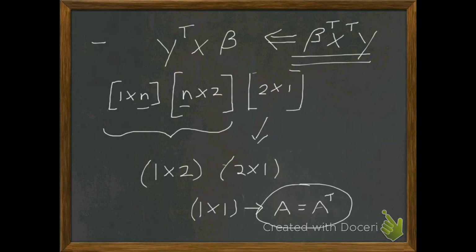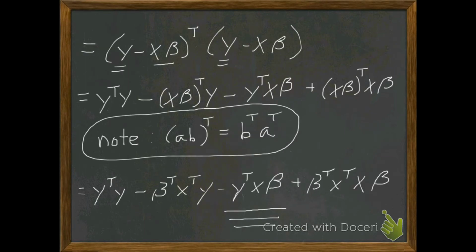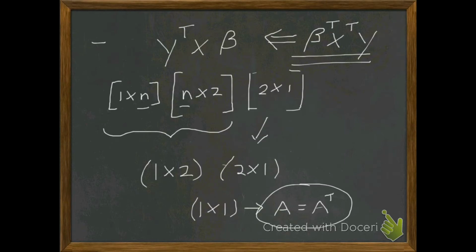So it's beta transpose x transpose y. And then in the end, we're going to have plus, and just to remind you, this is nothing more than this term right here. So beta transpose x transpose